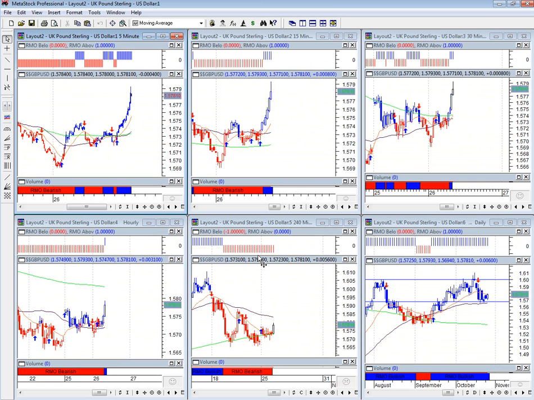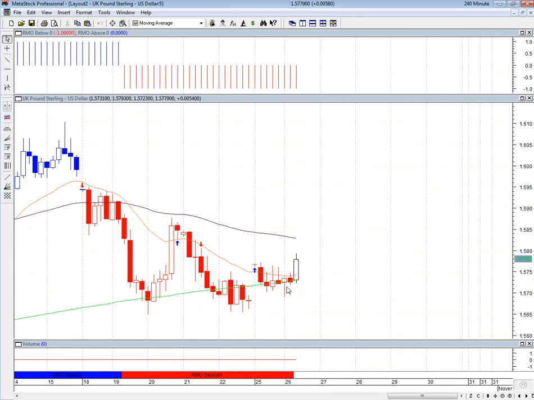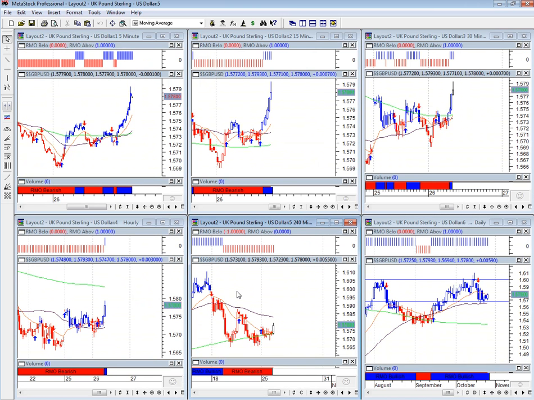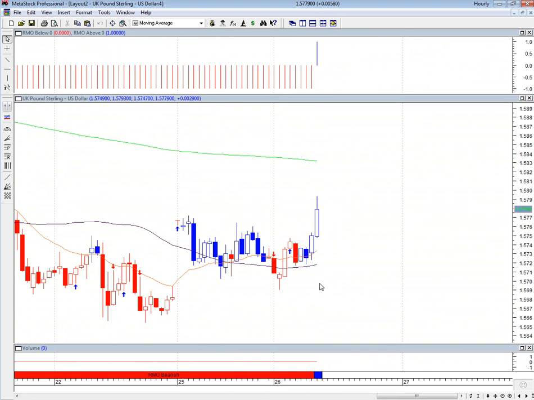Okay, you can see it really nicely on the 4-hour how the 200 period moving average acted as a support area for this pair the last 12 or 18 hours, and then what we're looking for is a close above the previous high in this candle here, 1574. That would have come looking at our hourly charts, and we would have subsequently looked for an entry level to occur just above there. So this morning, or just before this morning, we would have been able to get an entry